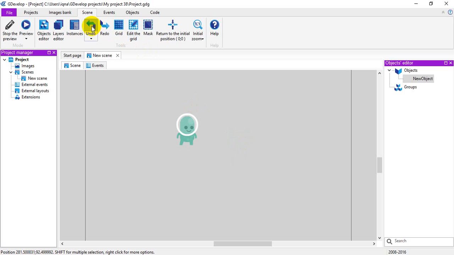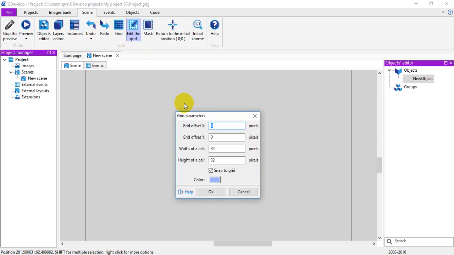Here there are undo, redo, and grid. If you want to edit this grid, for example, it will change to be 65 and for height 90 and click OK.